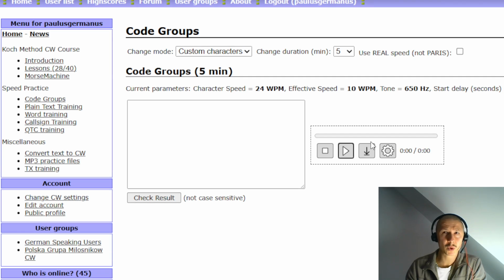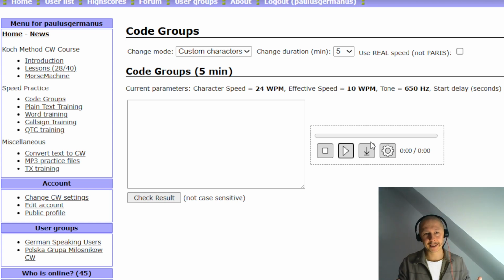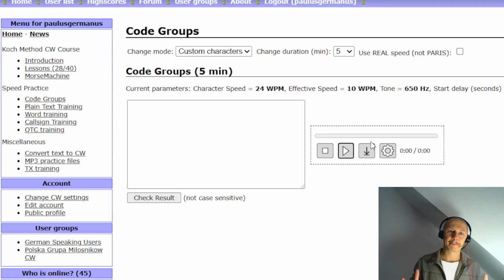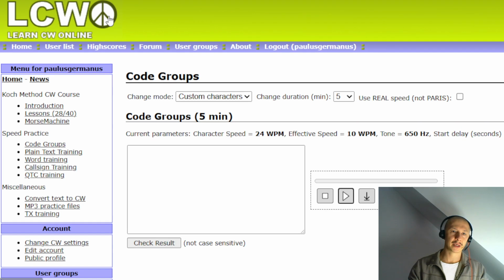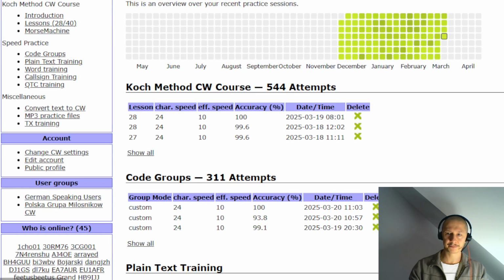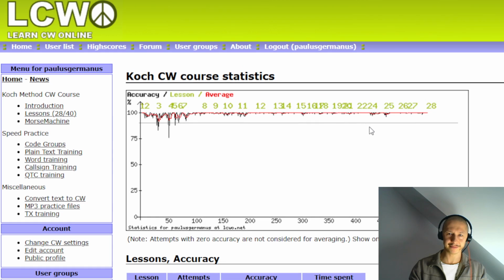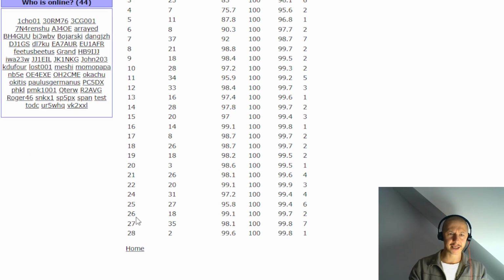It's going quite good. I did notice that I got used to being surprised by every new character. Because, say I'm on a lesson, I'll show you my progress chart. There we go. That's it. And say I've done 35 5-minute long tries, right? Practice sessions of lesson 27. And,